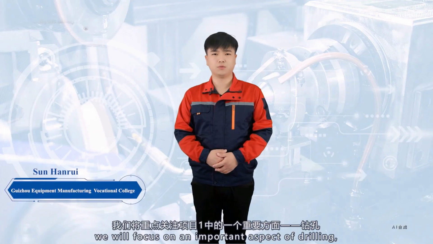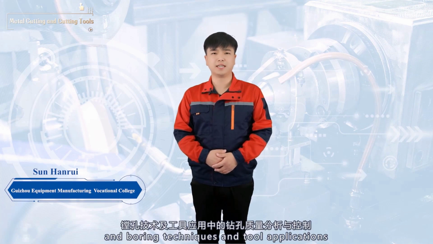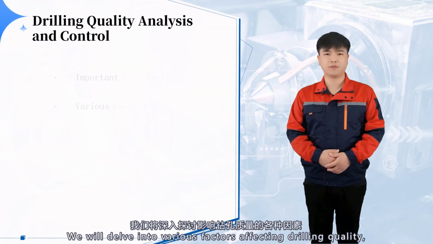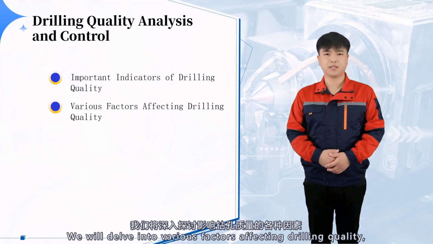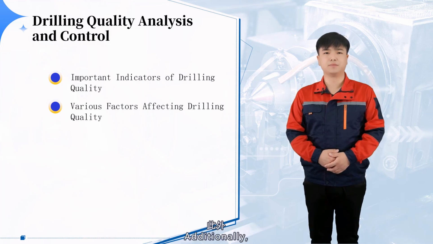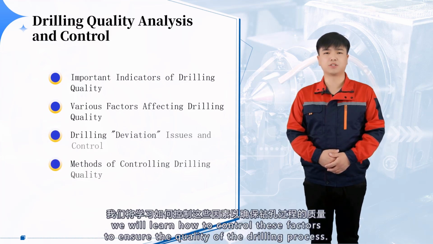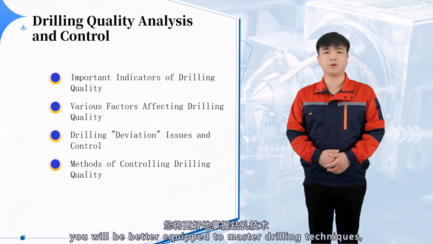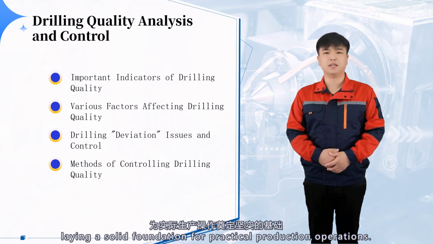In this lesson, we will focus on an important aspect of drilling, reaming, and boring techniques and tool applications in Project 1: drilling quality analysis and control. We will delve into various factors affecting drilling quality, such as the geometry of the drill bit and cutting parameters. Additionally, we will learn how to control these factors to ensure the quality of the drilling process. By acquiring this knowledge, you will be better equipped to master drilling techniques, laying a solid foundation for practical production